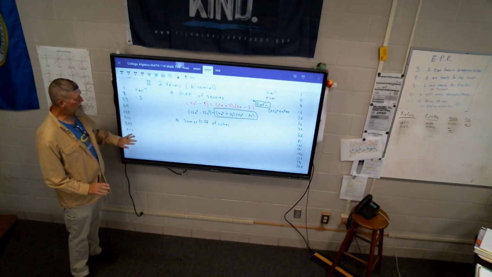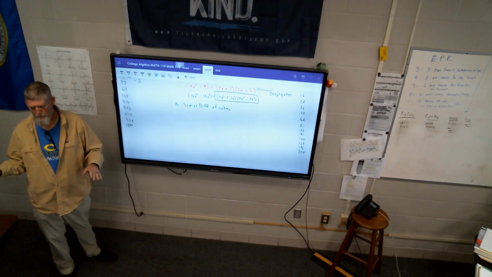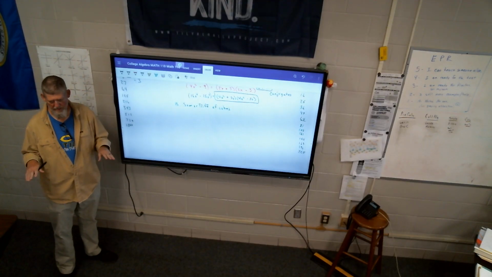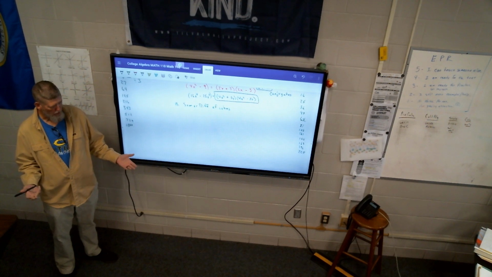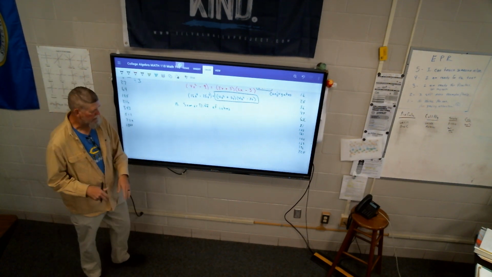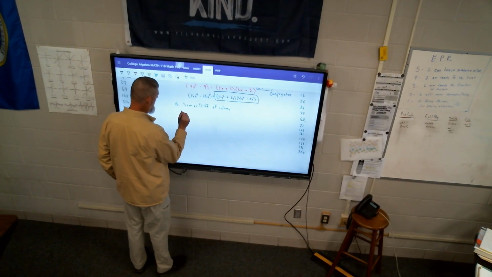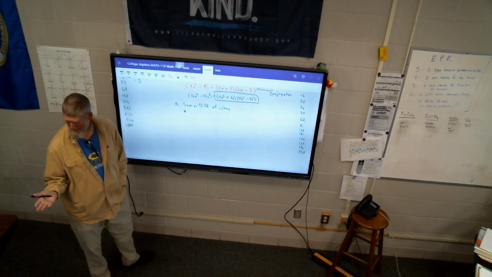Now, the reason why this one is not remembered as much, in fact, I know you've had this, I've talked to your Algebra 2 teachers, and they all teach this. The reason we don't remember it is because there's a formula you have to memorize. Okay? So let me give you the formula, and then we'll show you how it works. The formula is this. One thing you just need to know: I do think it might be on a reference sheet, but it doesn't say anything about it,